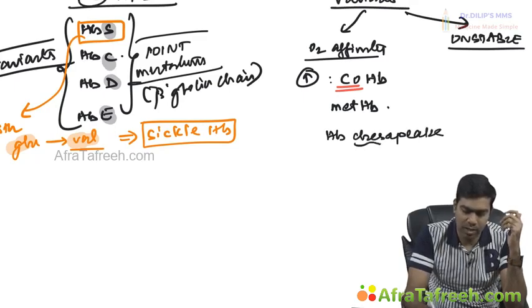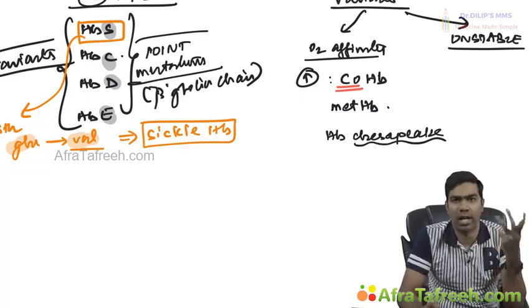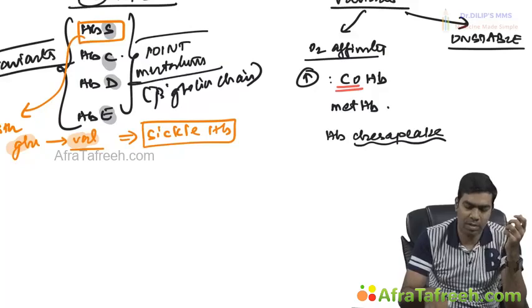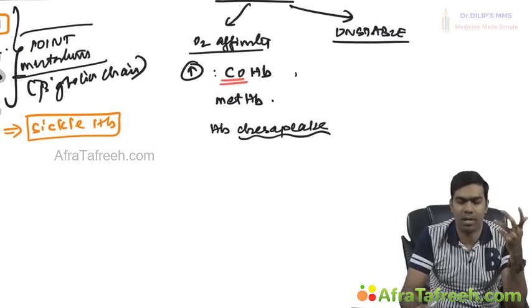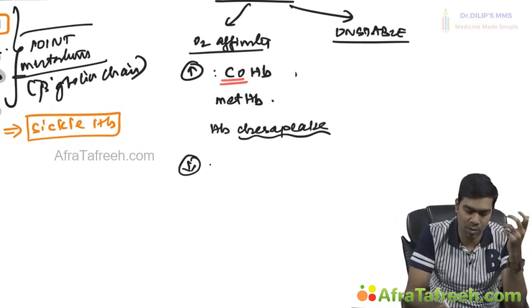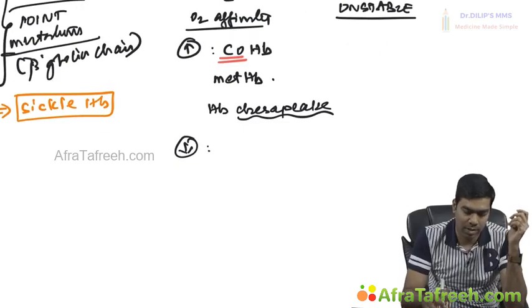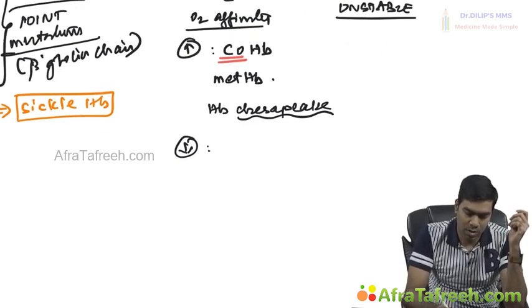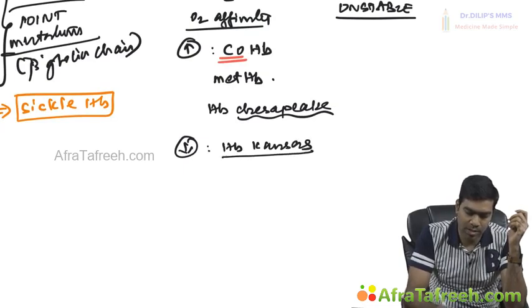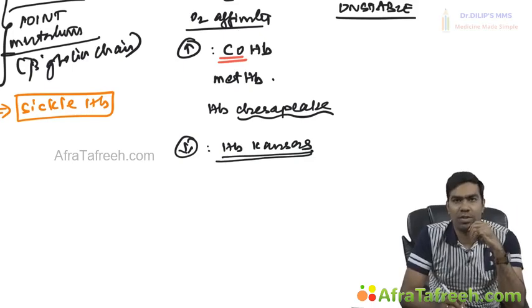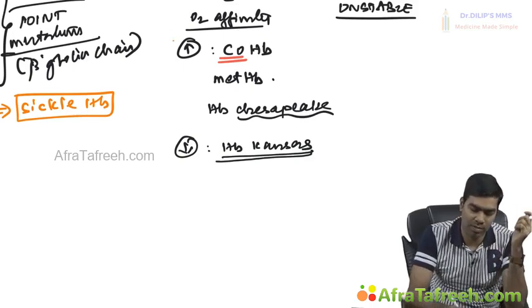And again, this is one characteristic example of hemoglobin having a high oxygen affinity. Similarly, you have hemoglobins with reduced oxygen affinity. What are the hemoglobins that can have reduced oxygen affinity? For example, you have something called HB Kansas. This is one example of a hemoglobin which has reduced oxygen affinity, which means whenever you have increased oxygen affinity,